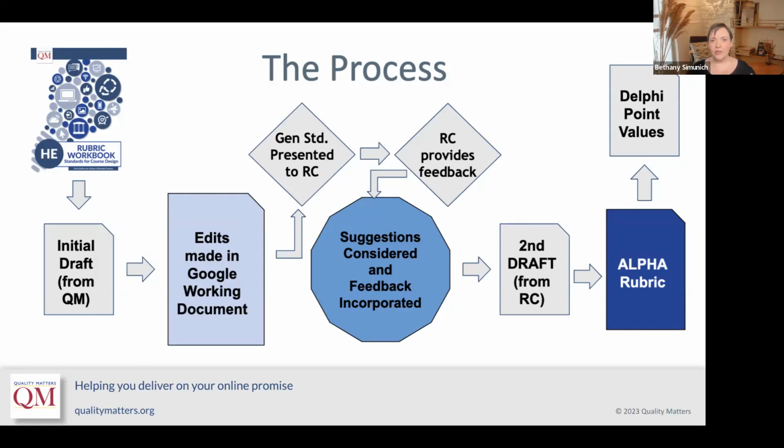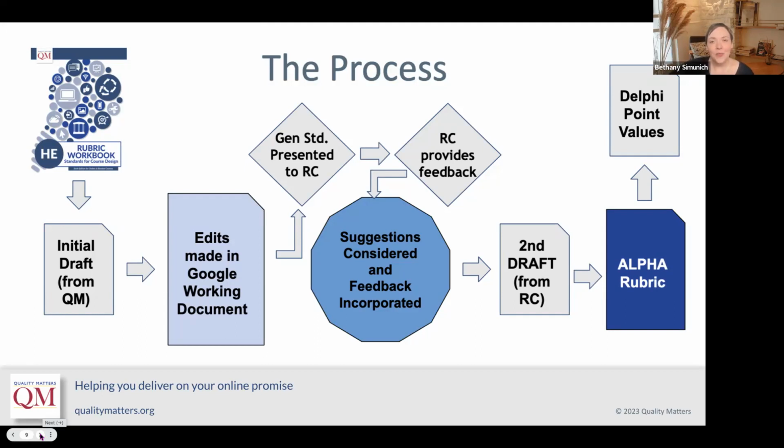The rubric committee itself was assigned to general standards subcommittees. They make edits in their working document, present revisions to the larger committee, and then we have a discussion. So there's a period here where we're giving feedback. The GS subcommittee is incorporating that, and the larger rubric committee provides feedback. So there is a lot of back and forth revising here. From that is produced a full second draft. Then we get feedback on that, and from that is the alpha rubric. And that is what is then used